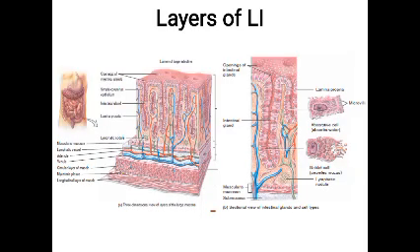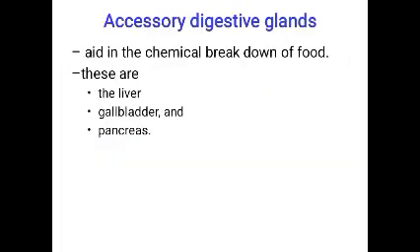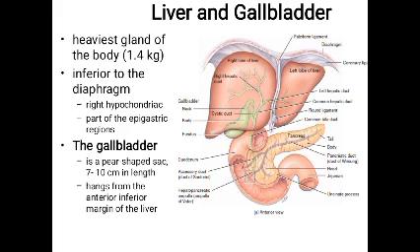These are the diagrams, layers of large intestine. Accessory digestive glands aid in the chemical breakdown of food. These are the liver, gallbladder, and the pancreas. Liver and the gallbladder: heaviest gland of the body,